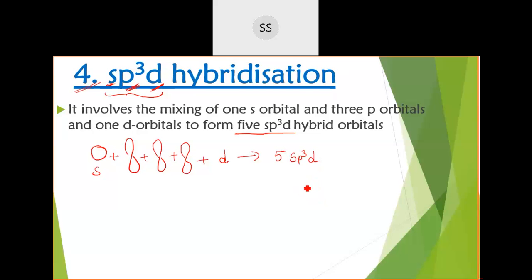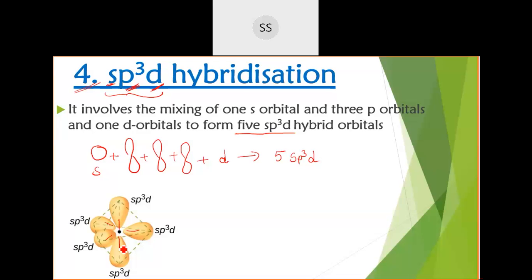See, you can't put them in one plane. If you put them in one plane, they will have repulsion. So that is the reason you have to go into 3D space also. So the way we are able to arrange them is in this fashion. Trigonal bipyramidal. You can see here 1, 2, 3. These 3 bonds are on the plane. They are making a trigonal. And then one is above the plane and one is below the plane. So this is the fashion you are supposed to arrange them.